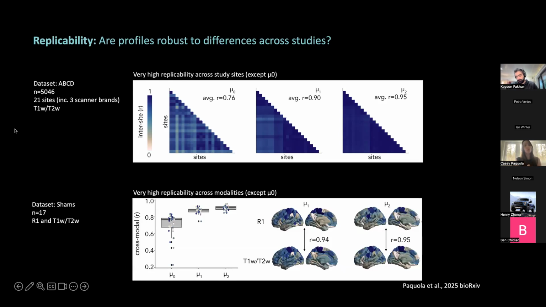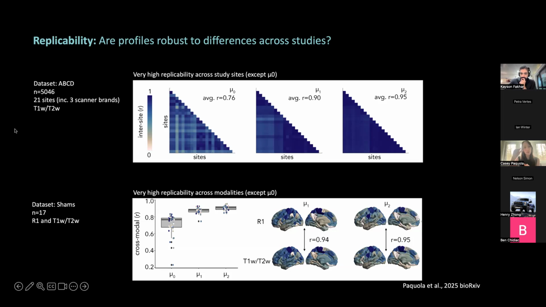And finally, we also saw some pretty good replicability across different modalities. In the shams dataset, because we had MP2RAGE as well as T1 over T2, we could compare within each subject and within each session how similar the maps are that you produce from these profiles. I'm sounding like a broken record now. It worked really well for the first and second moment, not so well for the 0th one, because once again, transmit field biases. But I think this is a good take-home message because it means that you can actually use the T1 over T2 across different studies, as long as you're looking at these